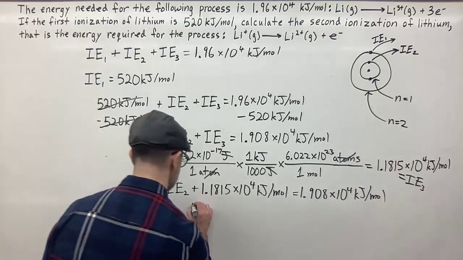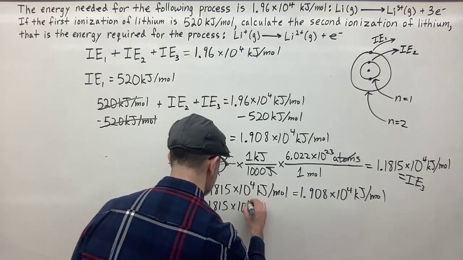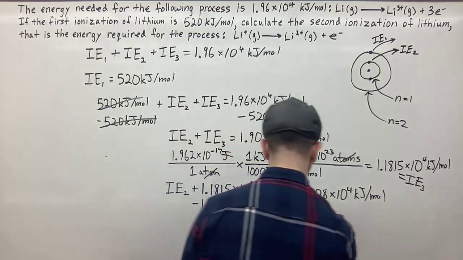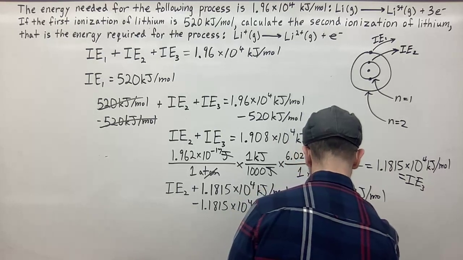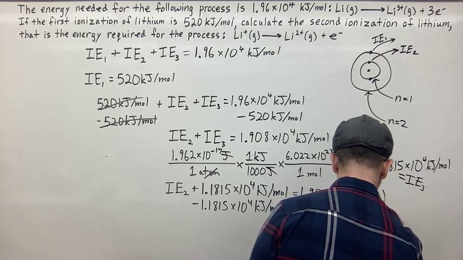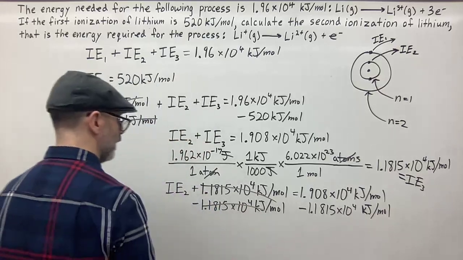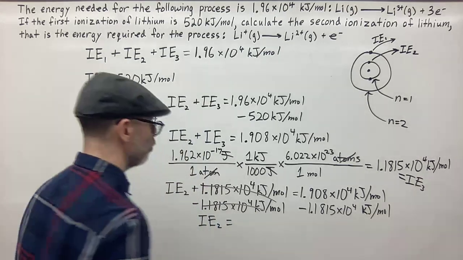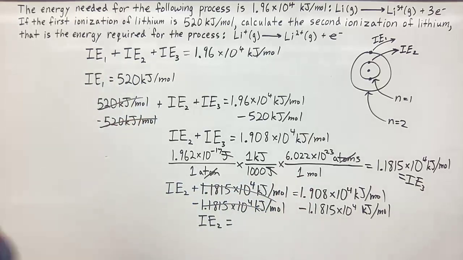So now all I need to do is subtract 1.1815 times 10 to the 4th kilojoules per mole from each side. Of course this cancels out, and so I'm going to end up with IE2 is equal to the subtraction of these two, and when I subtract those, I get